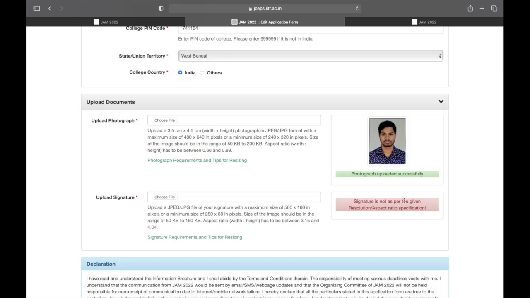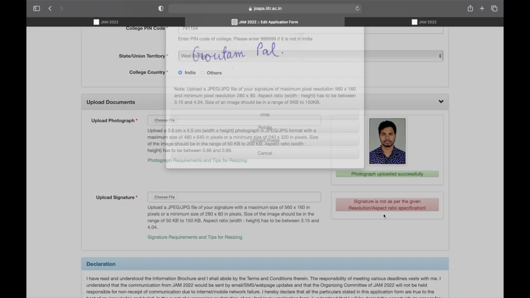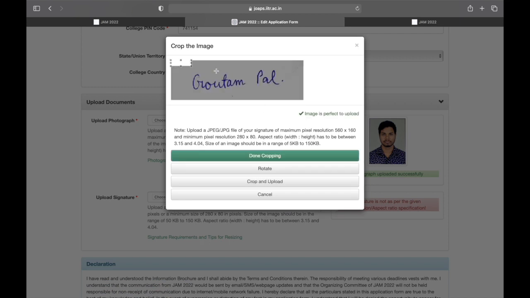Okay, they are not supporting it. Look at this, the signature is not as per the given resolution and aspect ratio, so I think I have to crop something, upload, then crop it.